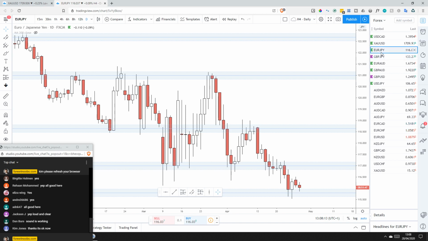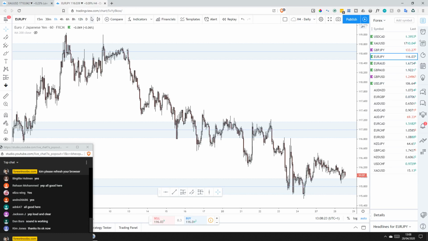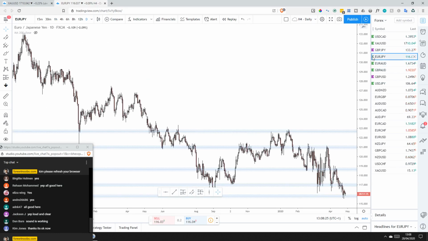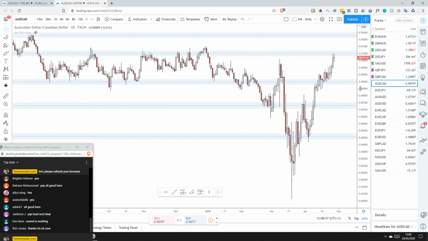All these other ones are lower time frame stuff, so we can ignore those for the most part. I don't think this one's still a trade. Let me just clean this list up a little bit. Yeah, there we go. So let's look for some new setups on the daily, see if anything